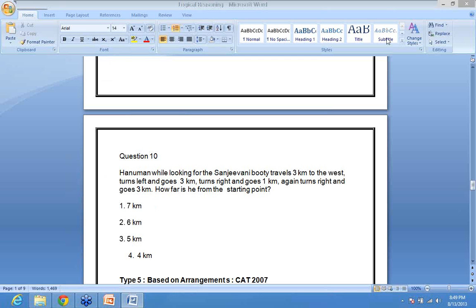And your hour hand would point towards southeast. Now if you rotate the entire clock by 90 degrees in the clockwise direction,